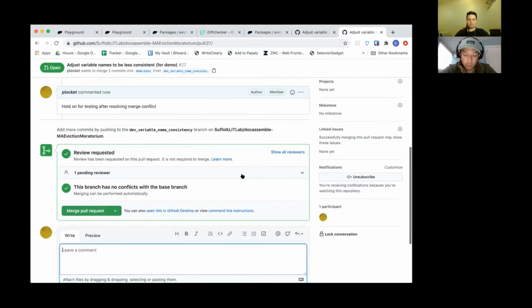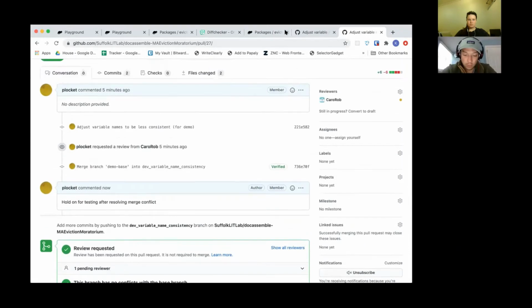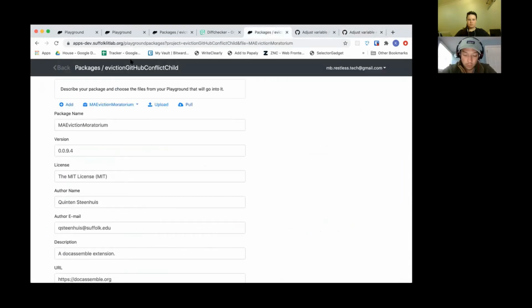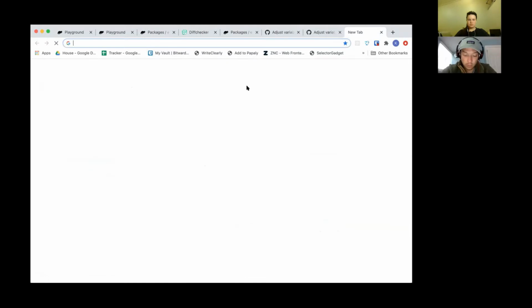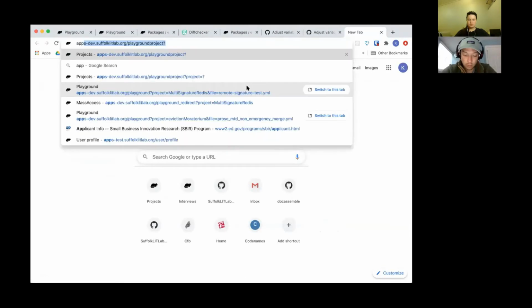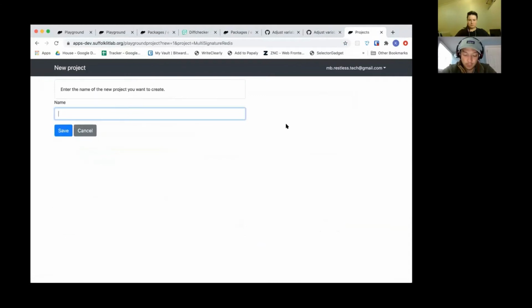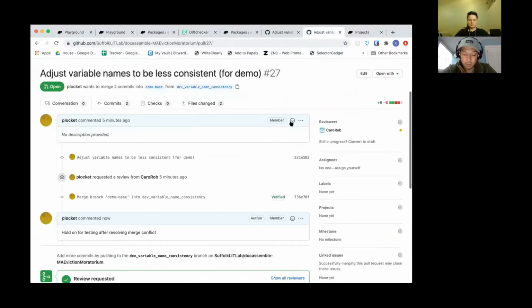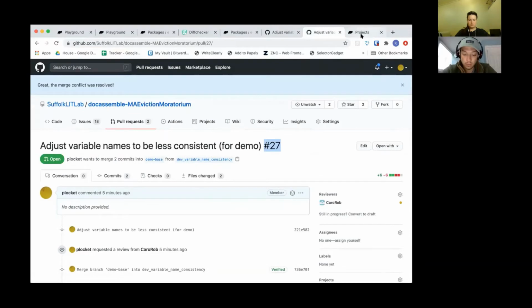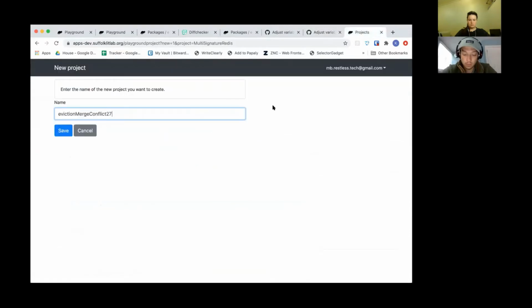for example. And then I'm going to go back to my projects. I'm going to create a new project, eviction, merge, conflict, and this was issue number 27. So 27, save,